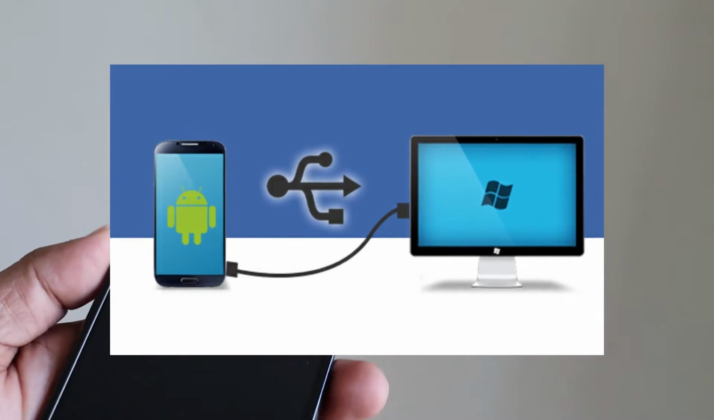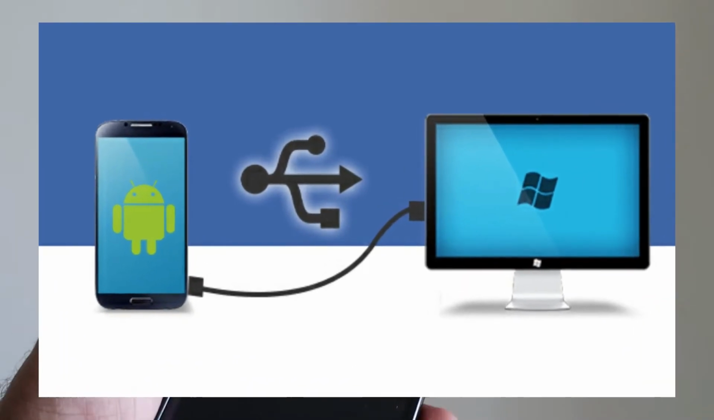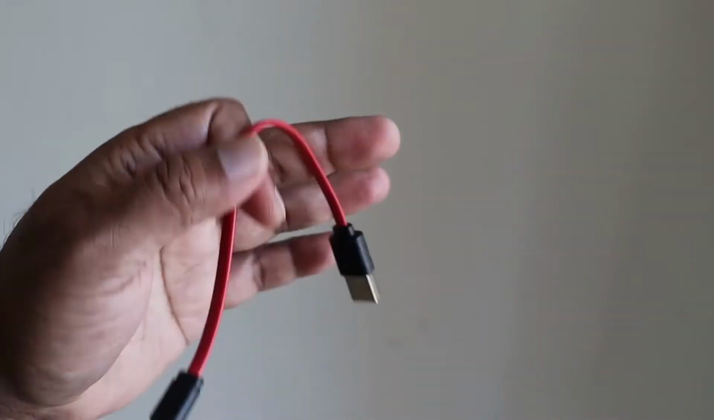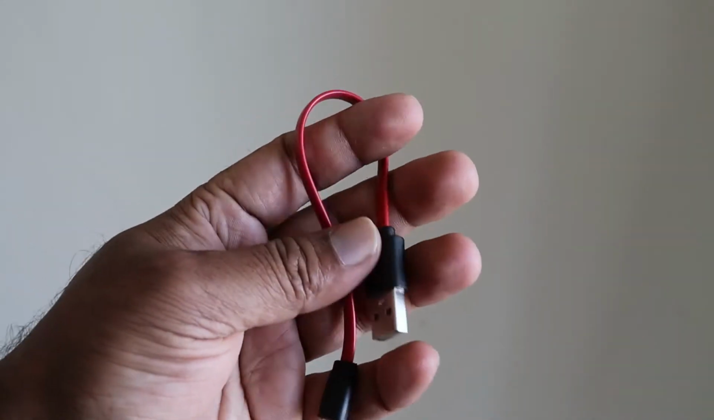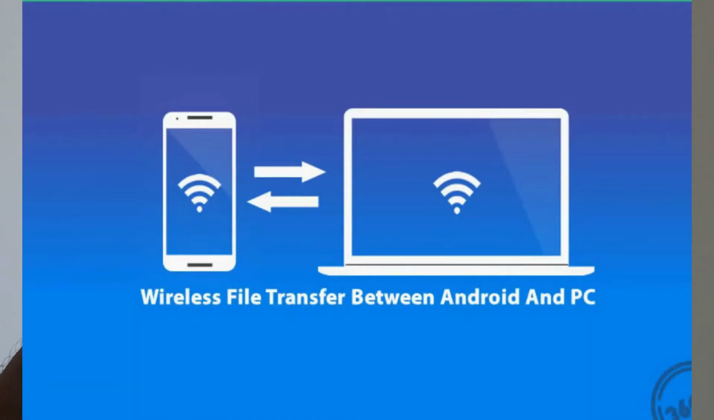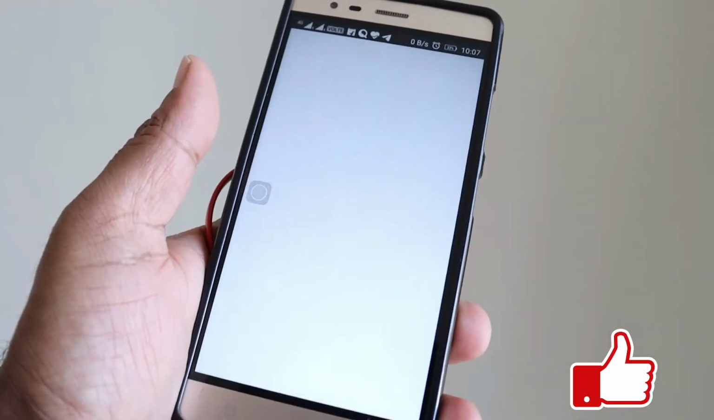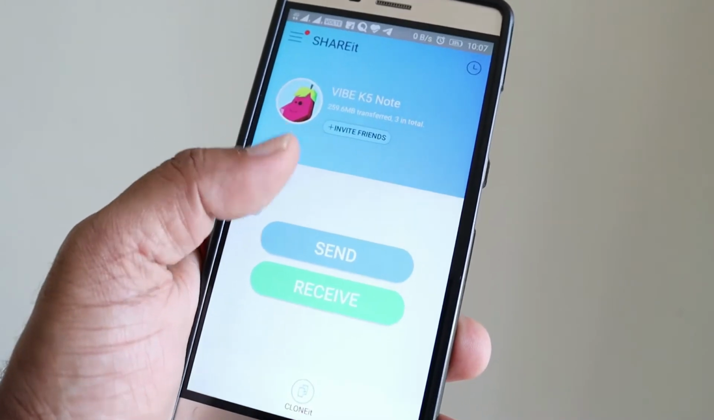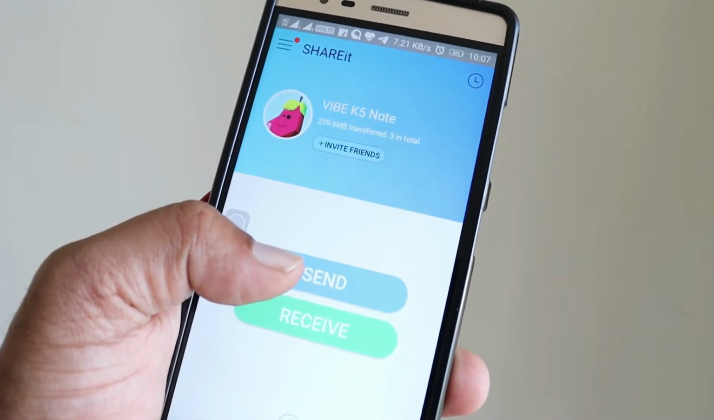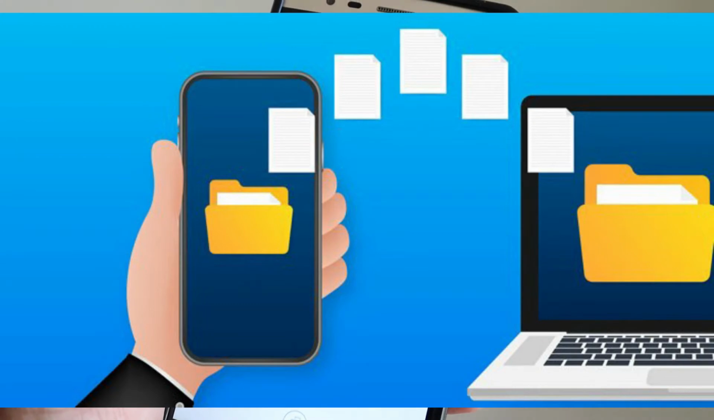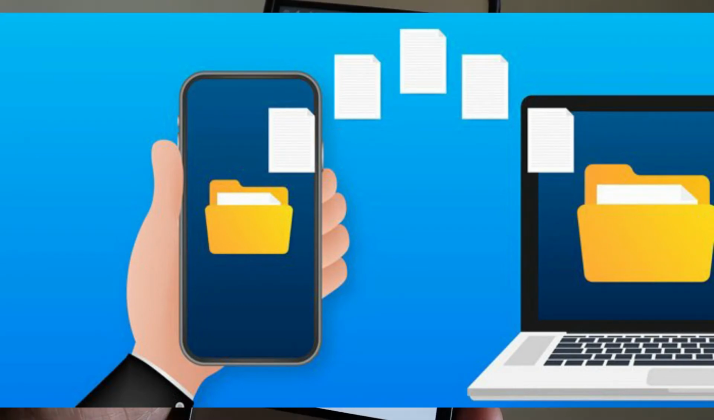In many situations, we have to transfer data between our mobile and our computer. For that purpose, we have to use USB cables or some wireless transfer applications like ShareIt, Xender or something like that. But in some situations, we forget the USB cables, and sometimes it is difficult to establish the connection between the applications. So forget all these problems. In this video, I am going to show the most simple and easiest way to transfer your files from